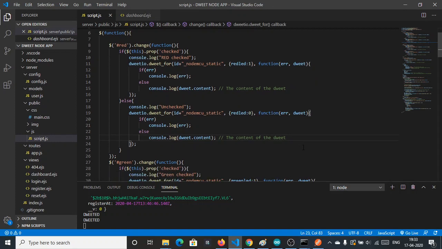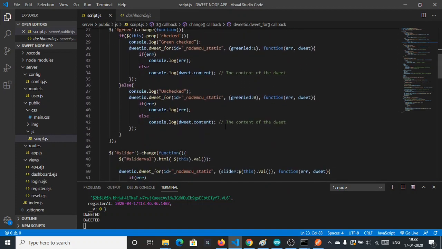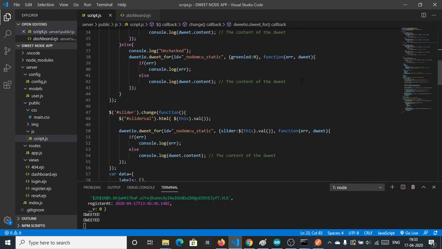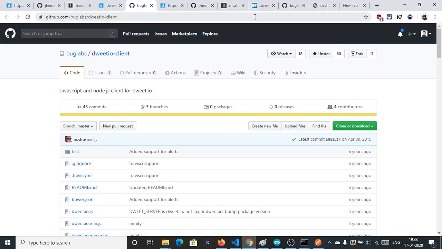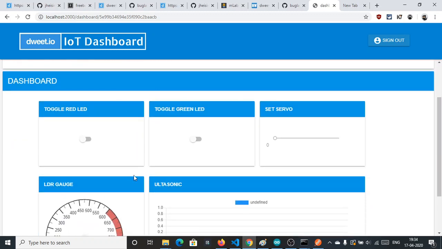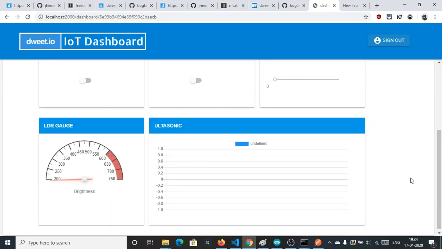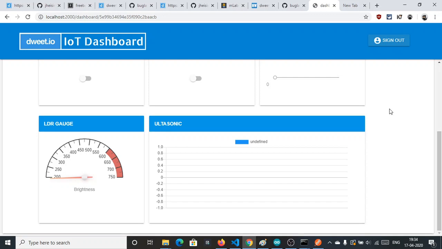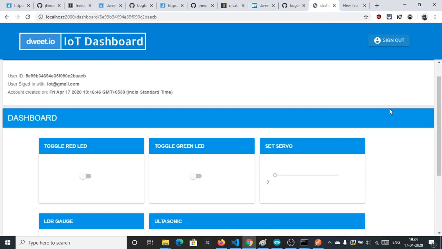I think we need to see the demo for the new user I created, iot@gmail.com. We will send data here, see how the data is initialized, and after that we will summarize the session and move on.